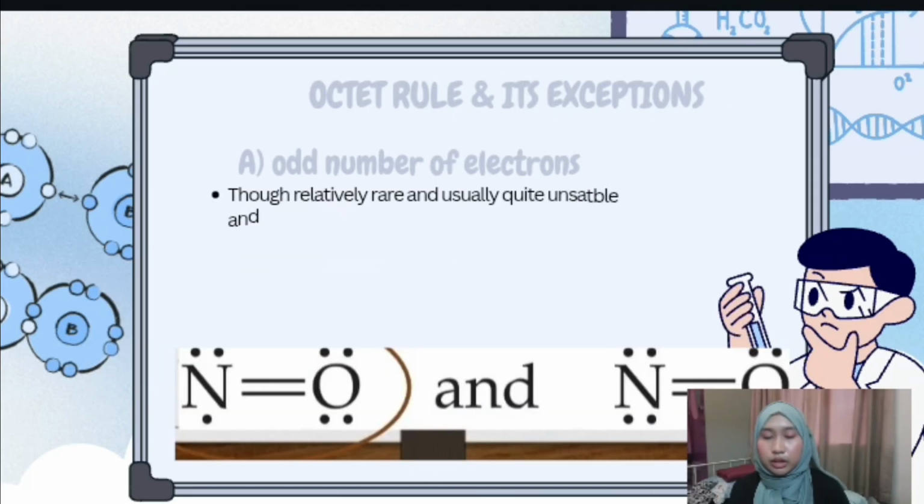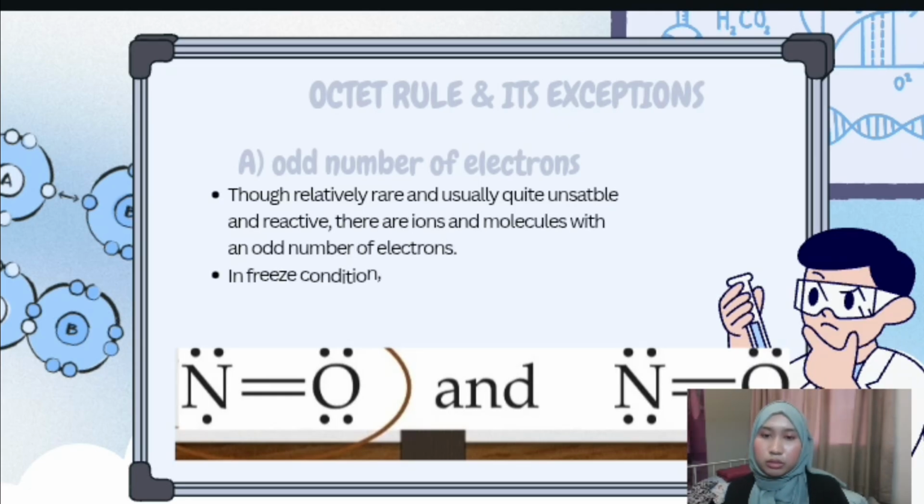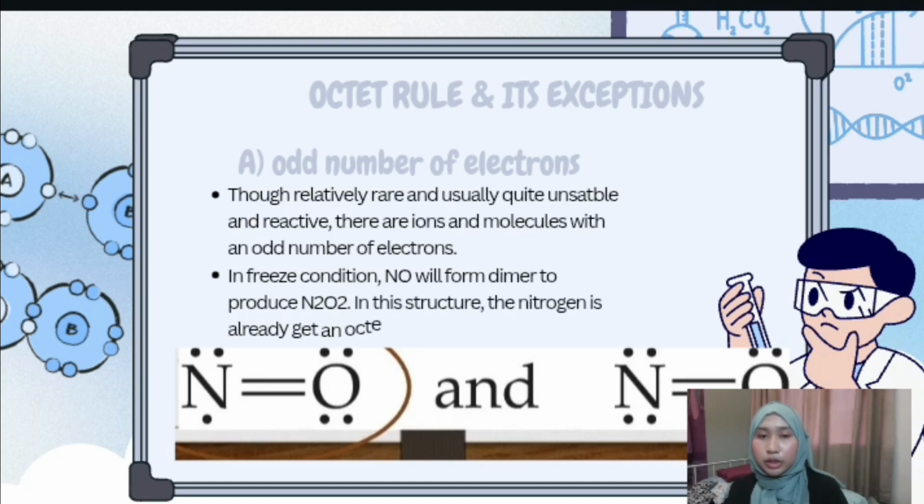For odd number of electrons, we are going to look at the picture. Though relatively rare and usually quite unstable and reactive, there are ions and molecules with an odd number of electrons. In gas phase condition, nitrogen oxide will form a dimer to produce N2O2. In this structure, the nitrogen already gets an octet configuration, which is like nitrogen has